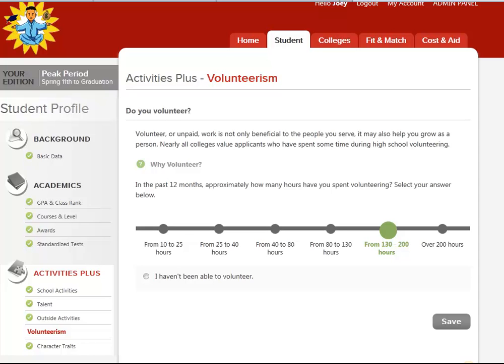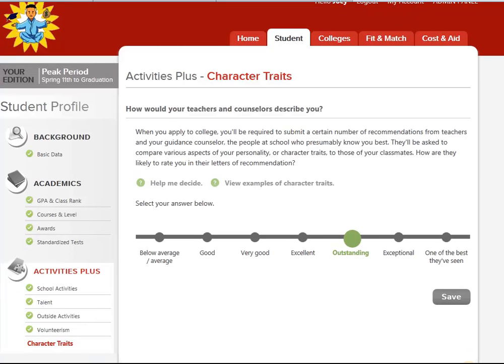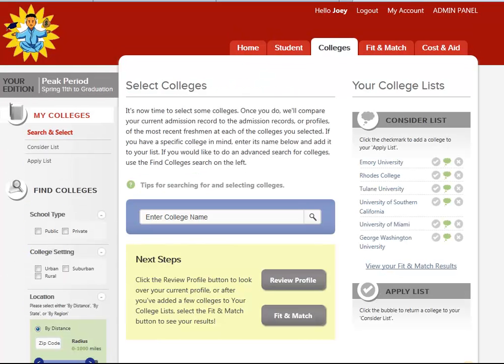Community service hours, that's really important. It goes up to 200 or plus hours. I had a mom today tell me her child had 1,000 hours. I don't know if that's possible. Character traits. This is about the recommendations that you might get. So I don't get bogged down,